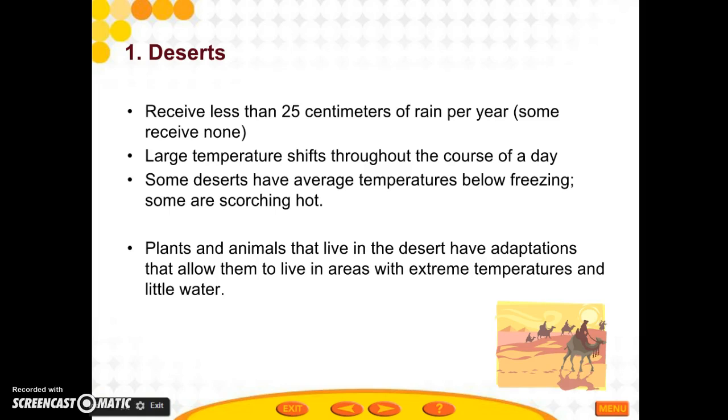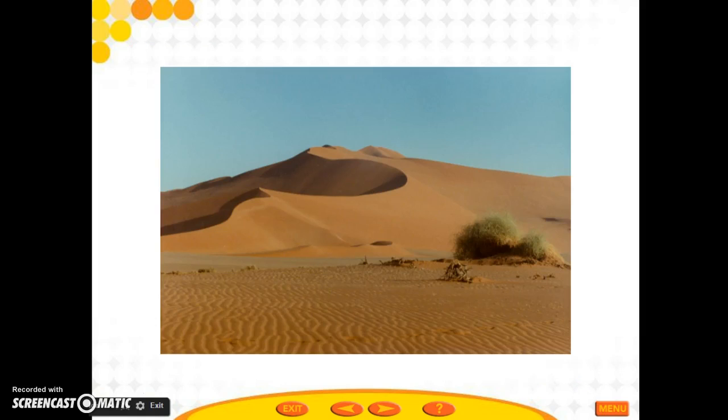Plants and animals that live there are going to have adaptations that make them specially suited to that environment. So think about a camel's long eyelashes being able to blink the sand and dust away. Think about lizards' little tiny bodies having low surface area, allowing them to stay cooler over time.